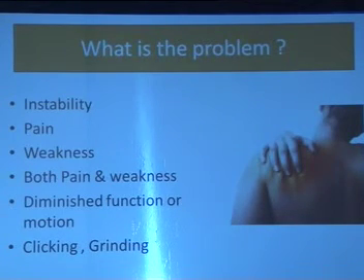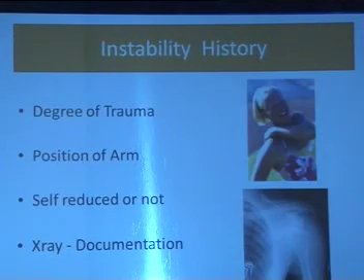That's the basic thing which you should ask the patients, because patients may come with just frank dislocations or instability, but they may also come with pain and weakness. And pain and weakness are also signs of micro instability which might be happening. Diminished motion or function is also an important feature which the patient may come with, and they may also say whether it is clicking or grinding. So in history you should be very clear whether the patient's shoulder is dislocating or not, or whether it is basically pain and weakness with which the patient is coming to our OPD.